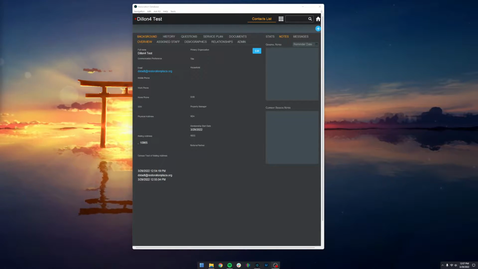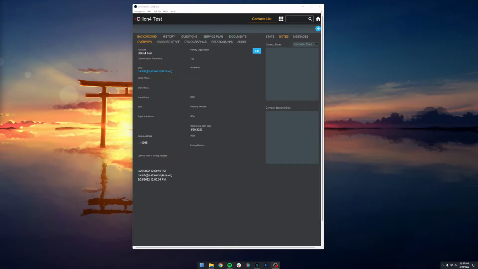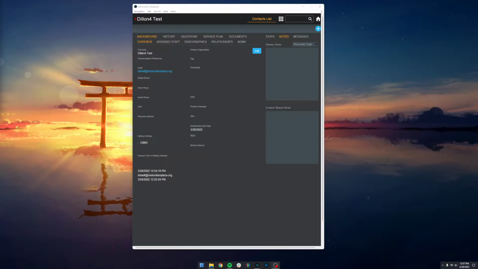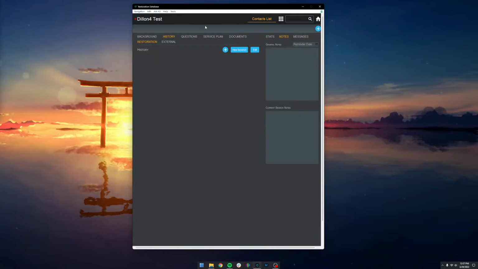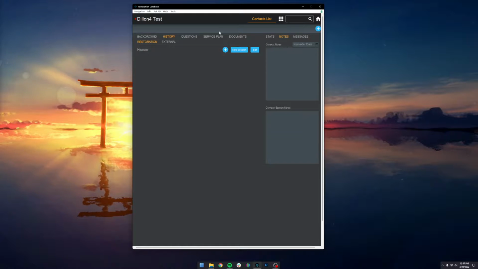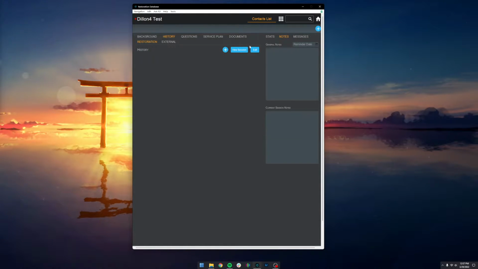So now that we've gone over the contact screen and how to add a new contact, we're going to go over sessions and goals. In order to get to a new session, you'll click on their history tab and you'll create a new session every time that you're entering data for this person, talking to this person, or sitting down with them. So to do this, you click the new session button